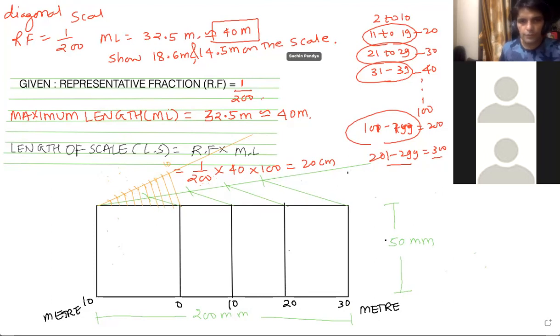Then what you have to do, you don't have to take the vertical line. I'm just showing you. You have to just mark all these points down. I'm drawing the vertical line because I can't use a scale or set square on this, but you can use a set square and you don't draw the vertical line. You just mark the point down. That's it. See, you mark point 1, 2, 3, 4, 5, 6, 7, 8, 9, 10. So you do this.